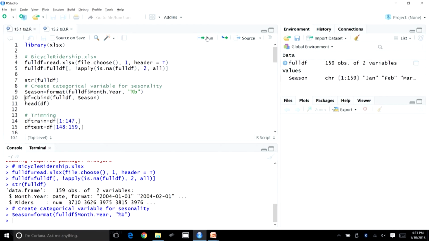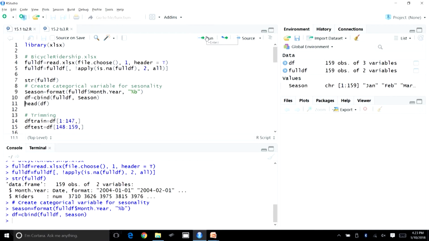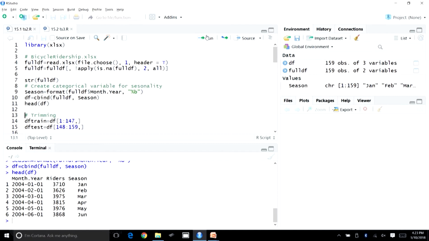Now, we are going to append this to our existing data frame. Let us have a look at the first 6 observations. We can see the second column is riders, that is the number of riders for each month, and then we have season, which is capturing the name of the month. This is because we are expecting monthly seasonality, so for this reason we have captured the same in this categorical variable.